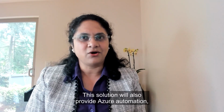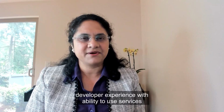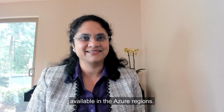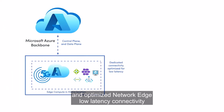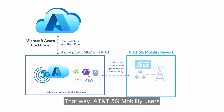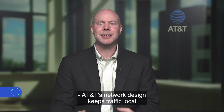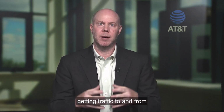This solution will also provide Azure automation, industry-leading security, and developer experience with the ability to use services available in the Azure regions. AT&T has built its dedicated and optimized network edge low latency connectivity to the Azure Public MEC. That way, AT&T 5G mobility users can take advantage of the workloads deployed on the edge. AT&T's network design keeps traffic local, which ensures higher performance and lower latency getting traffic to and from the local edge